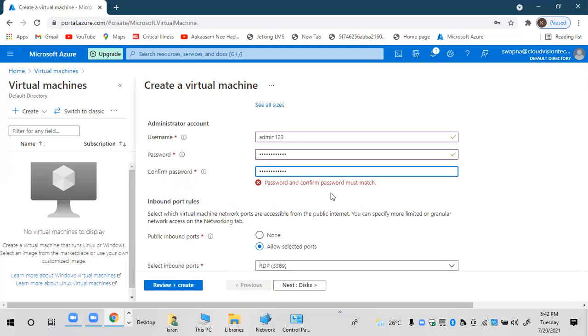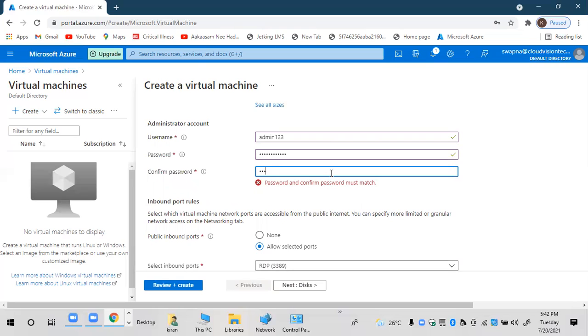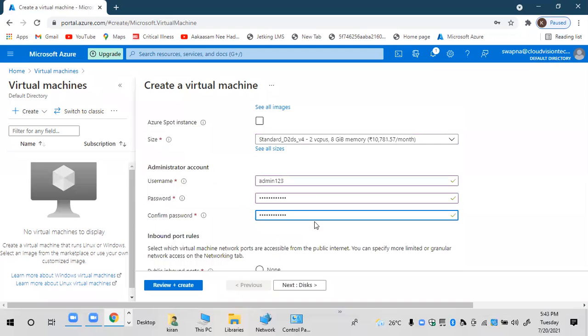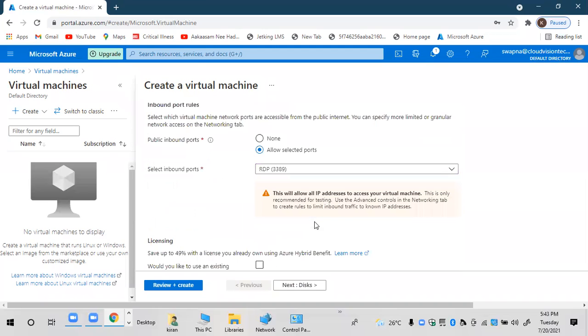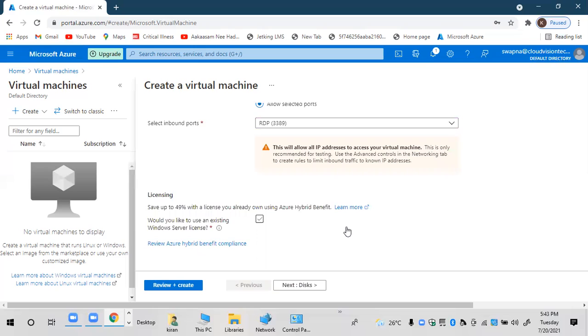Okay. So once you enter the password, the password must match. So on selecting the password details, okay, so yes, licensing,